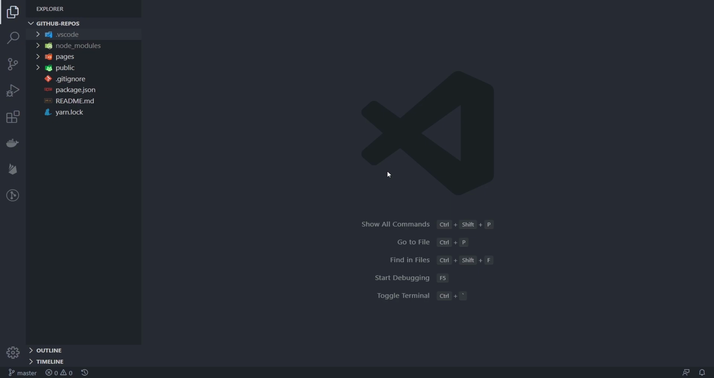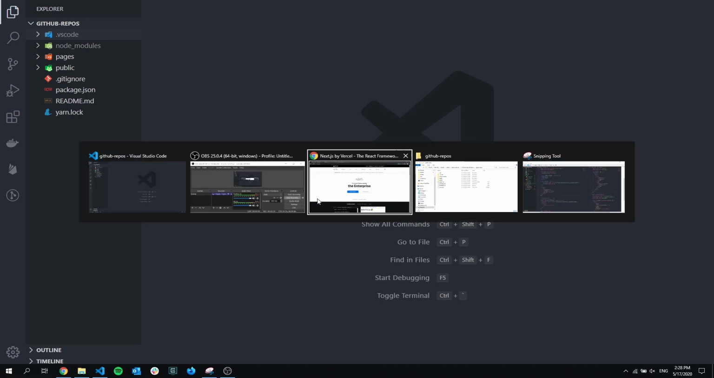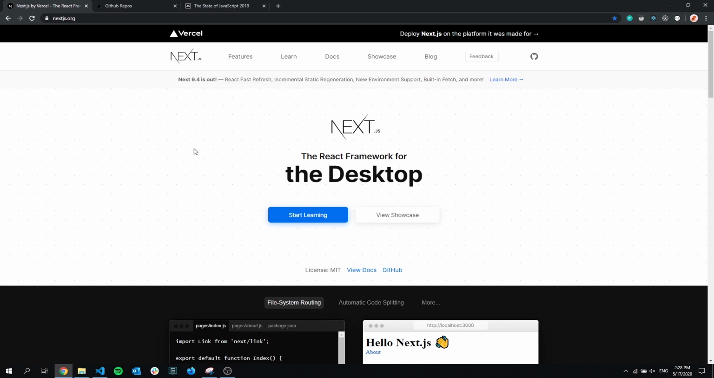In this tutorial, we are gonna build a small Nextjs app. And I want to show you in this video the basics of Nextjs. First of all, let's have a look at the Nextjs webpage. So this is the Nextjs website, and currently the most recent version is 9.4, which comes with a lot of